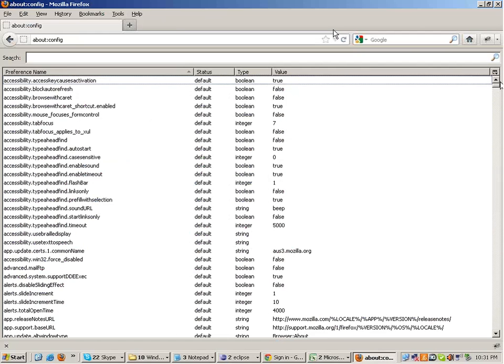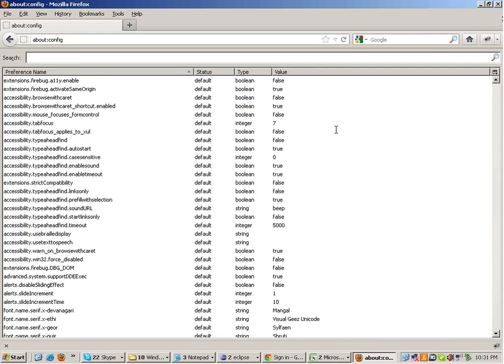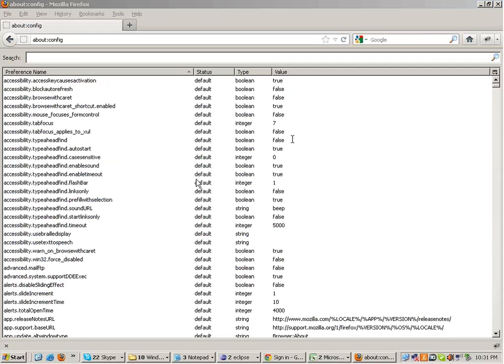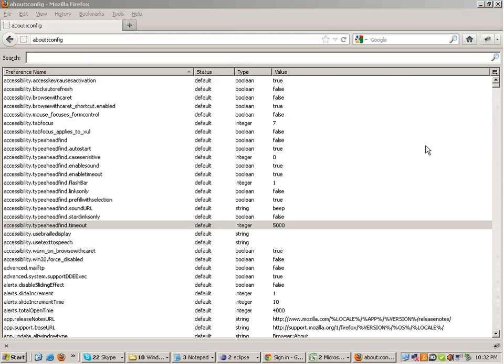So don't mess with the properties here, otherwise sometimes even reinstallation of Firefox will not help you. There are a lot of settings, almost all the settings are there. Timeout and all. For example, if I change the timeout to 0 seconds here, my Firefox will give very bad results.